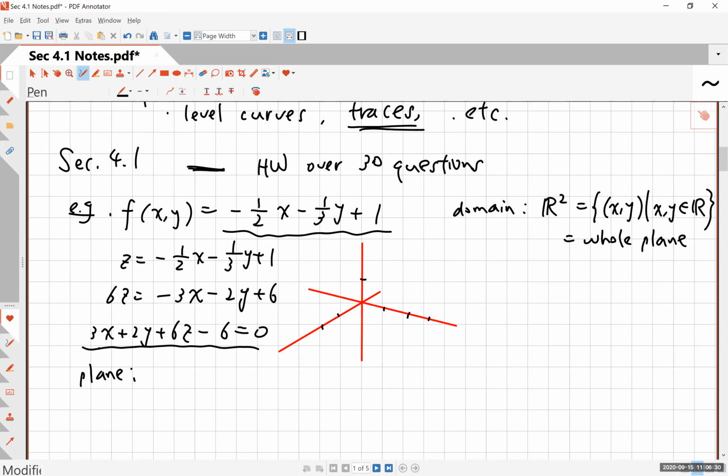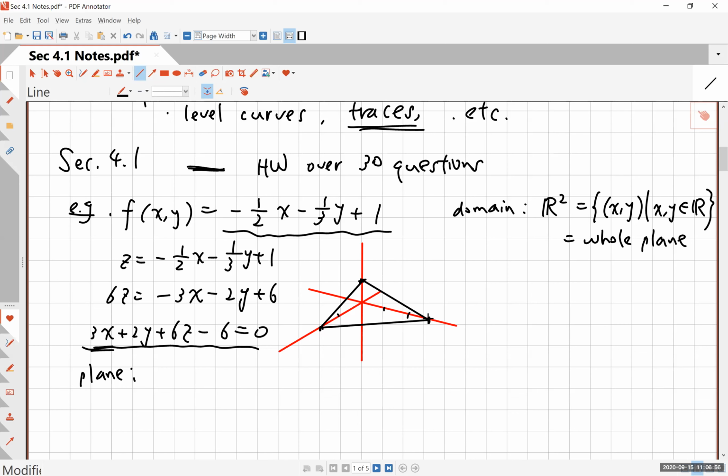Well, simply plug in some numbers in here. You can see (2, 0, 0) would satisfy this, right? And then how about (0, 0, 1)? Yeah, (0, 0, 1) would satisfy this, and (0, 3, 0), you can easily find, because I made the numbers this way, you can easily find these intercepts, right? And then all you have to do is connect these, and then you will see a part of the